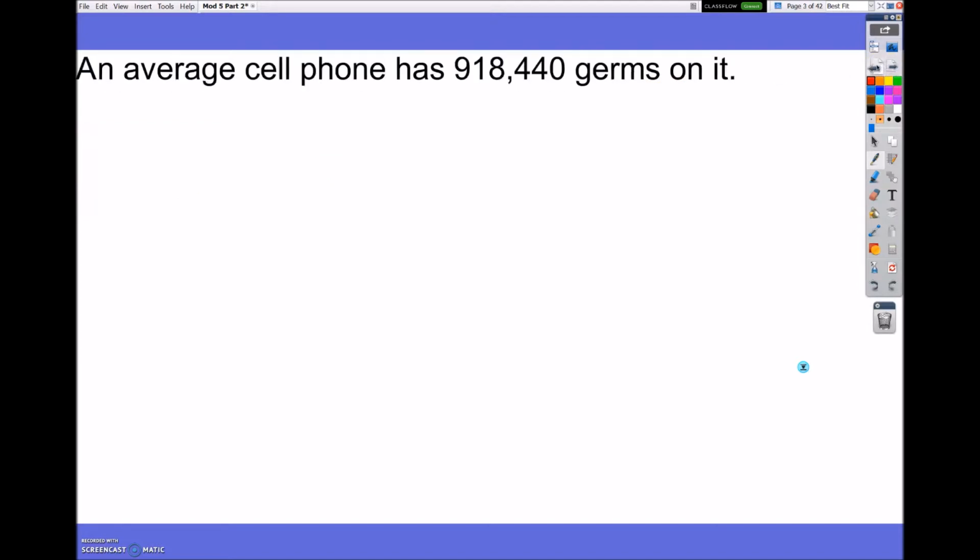Looking at this one, it says the average cell phone has an average of 918,440 germs on it. So this is a very large number. So to do this, I have my imaginary decimal right here. And I need to rewrite this number so it's between 1 and 10. So this would be